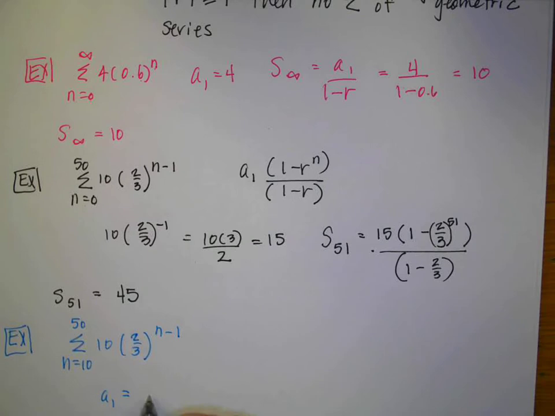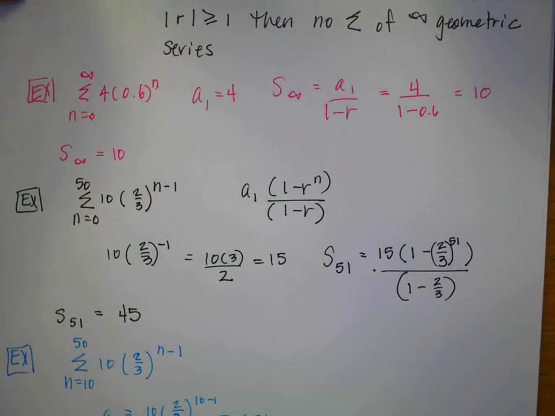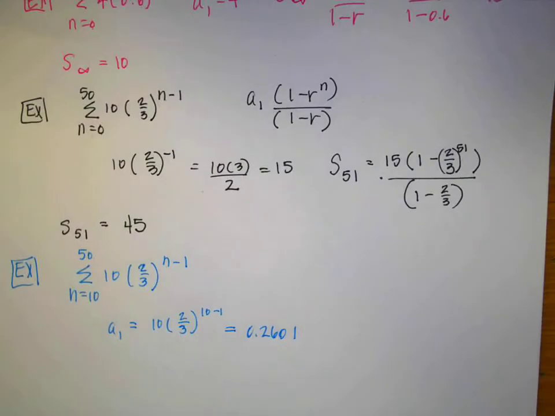Notice this time I'm starting to sum at n equals 10, so I still need to find my first term. My a sub 1 is going to equal 10 times 2/3 raised to the 10 minus 1. And if I do that math in my handy dandy grapher, I get